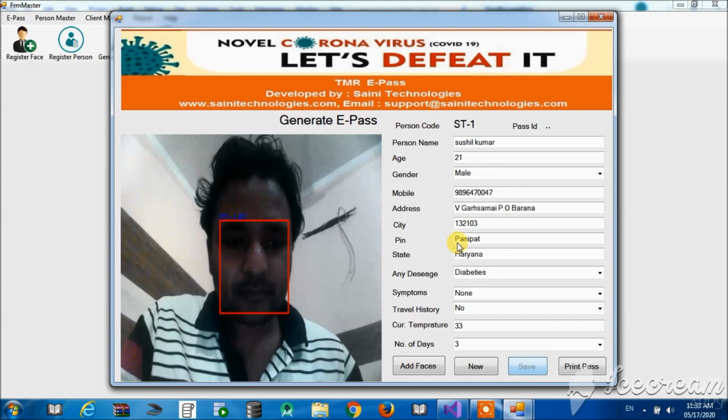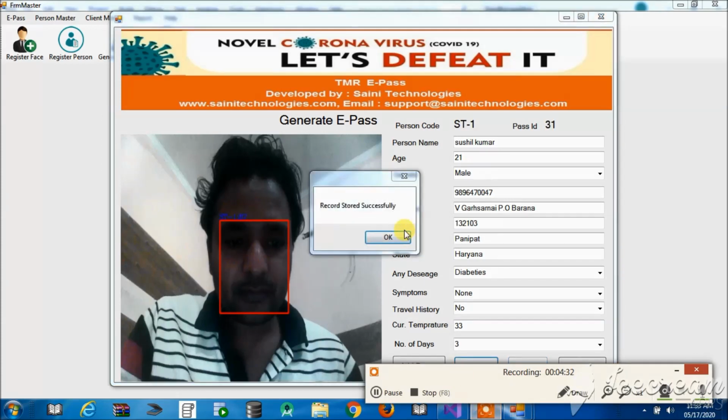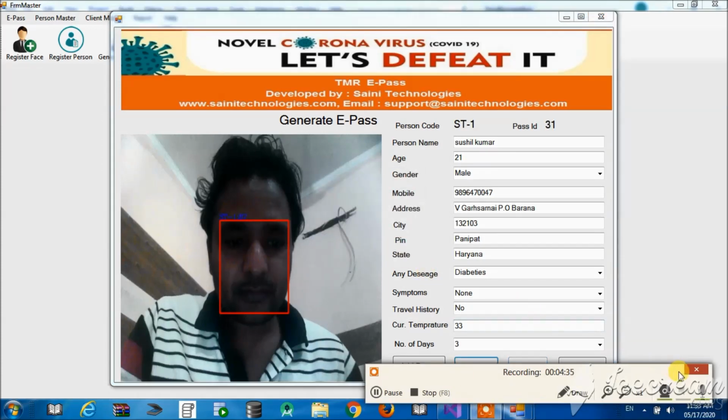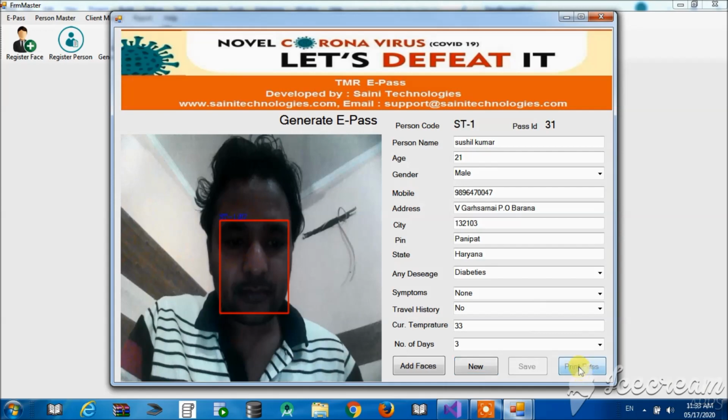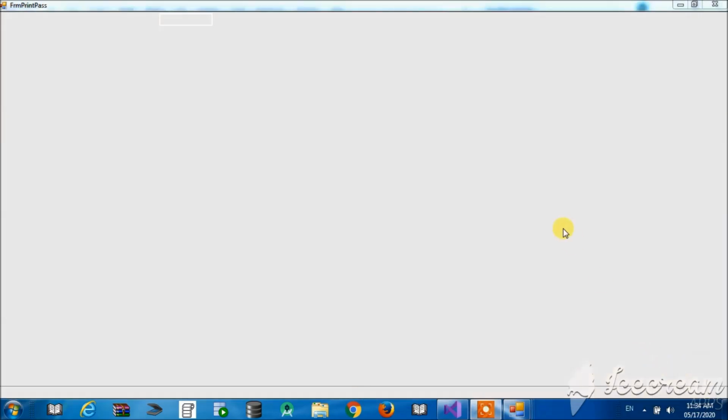This data is stored in your local system, so there is no need to go online. Stored successfully. And I click here on print pass. When we click on print pass, it will generate a Crystal Report and print the pass. First time it will take a little bit of time, as this report